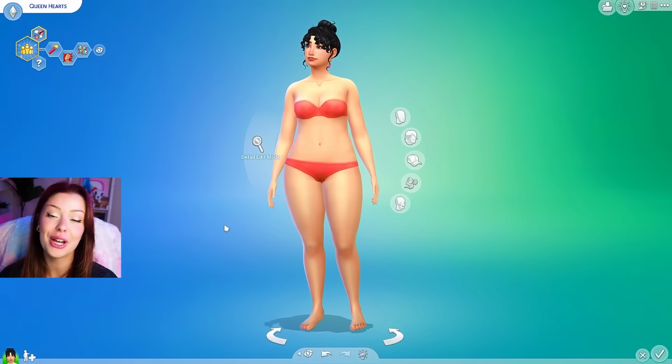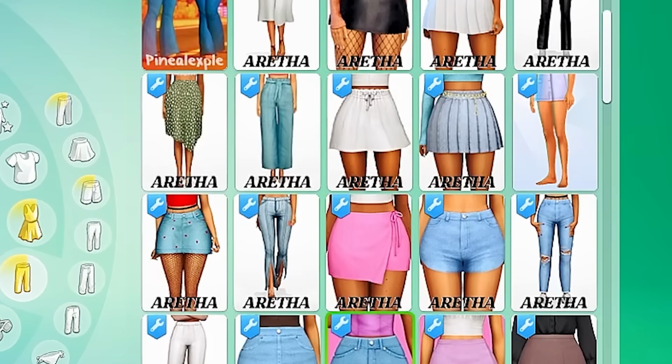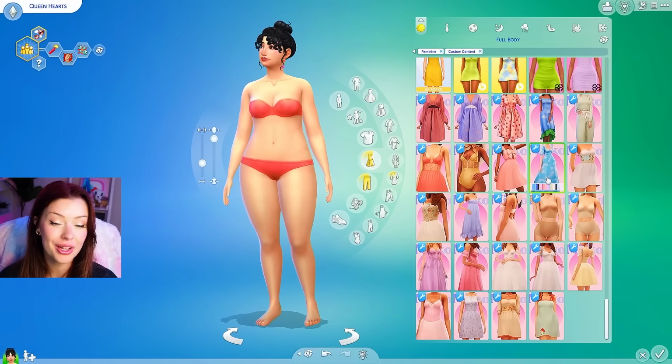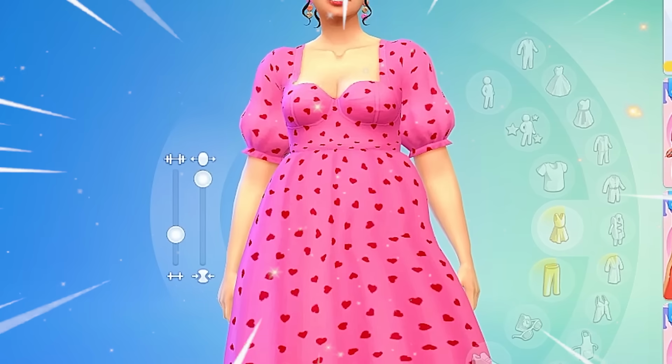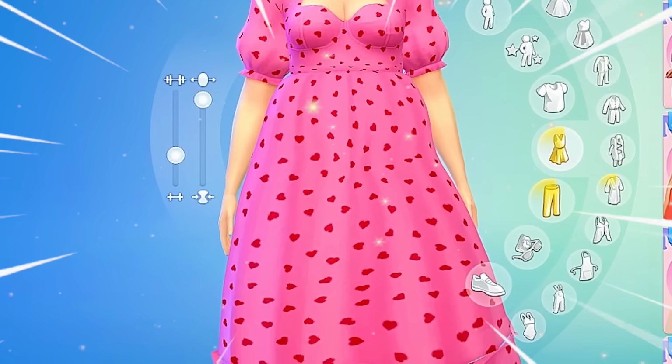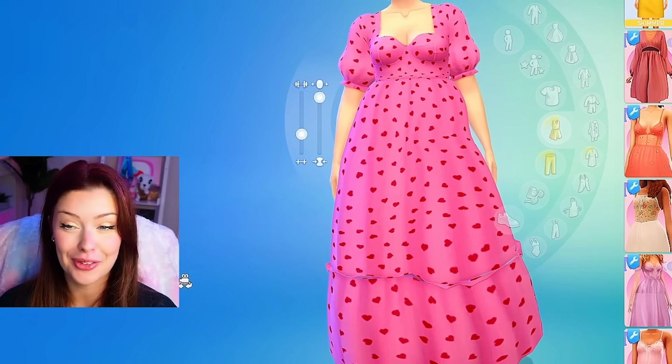Okay, let's figure out an outfit for her. So I'm sure, again, I have a lot of heart clothing. One thing that came to mind was this heart dress. I think it definitely fits the aesthetic. It's very soft, it's big, just like her gown in the movie, but I feel like this might be a